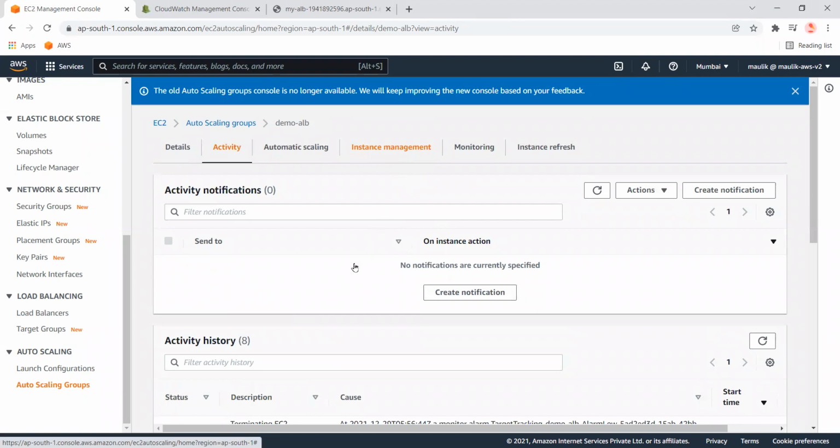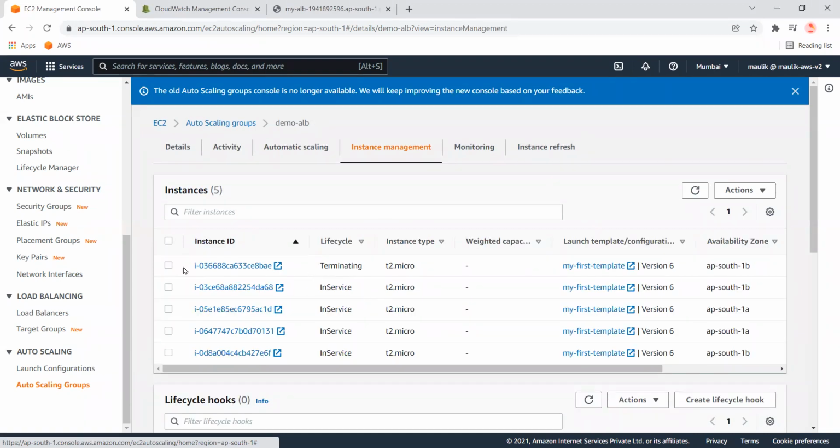You can see over here it is terminating. It will take some time to remove each EC2 instance from this auto scaling group, because the alert timing is 15 minutes, so it will take a little bit of time. Okay, well, let's wait for some time.